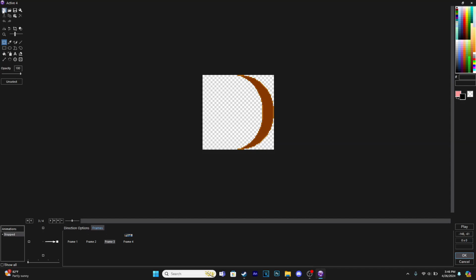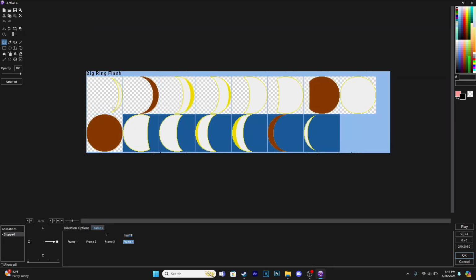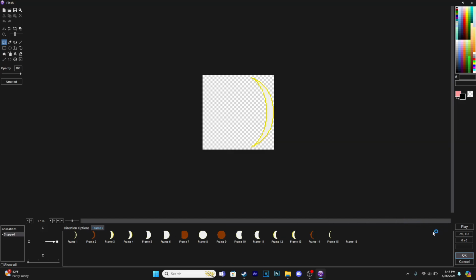Okay, that one I copied a little over, so it's there. So basically go through, if you have an effect animation, again, I'm going through the same process here, and I'll be back when I've gotten this done. Okay, so I added in all the animations here, and if I click play, it flashes like that